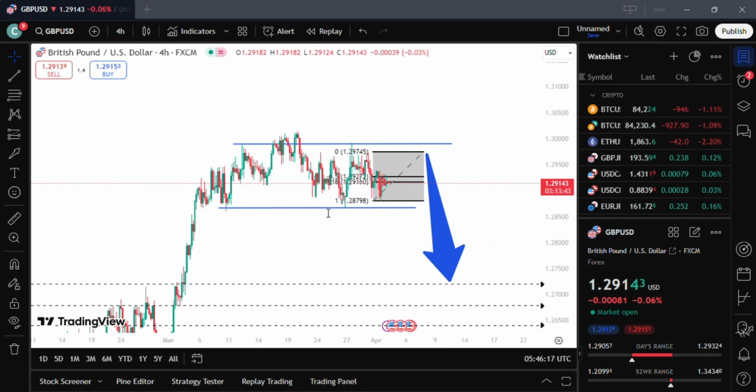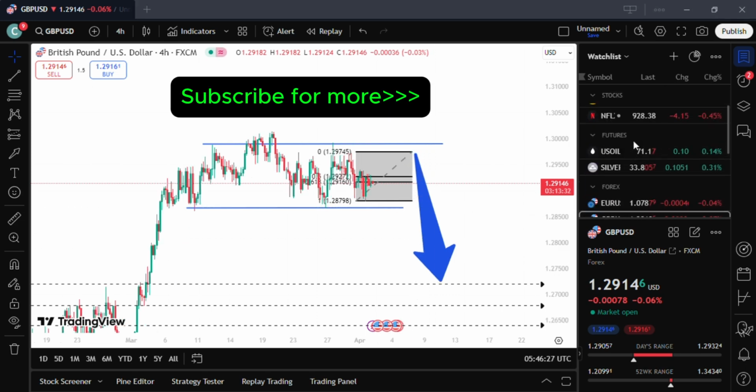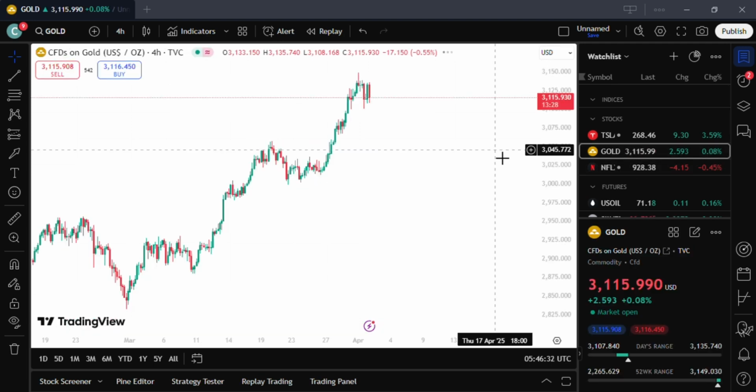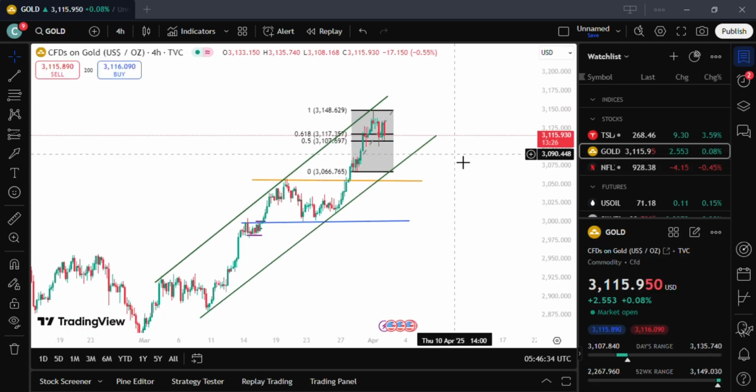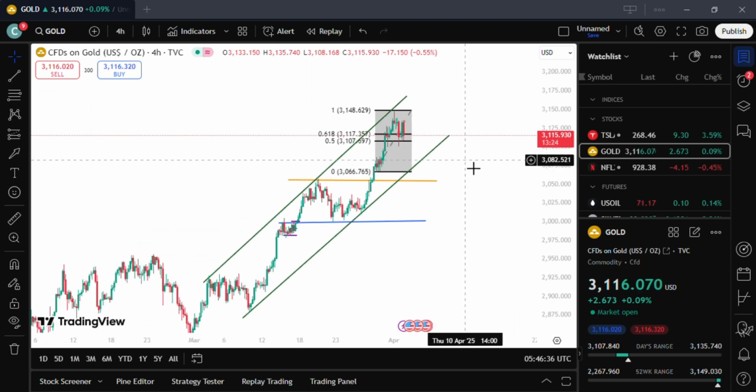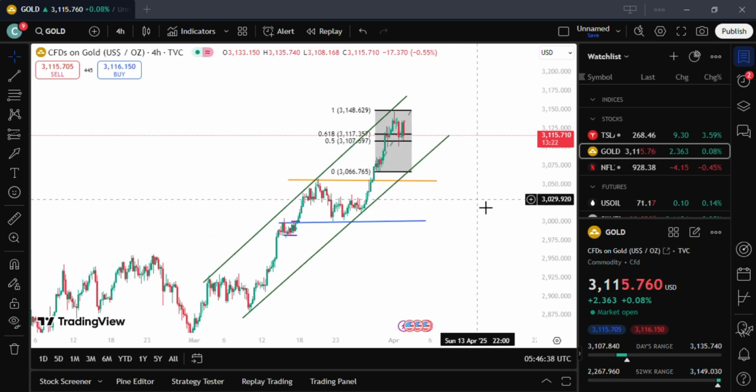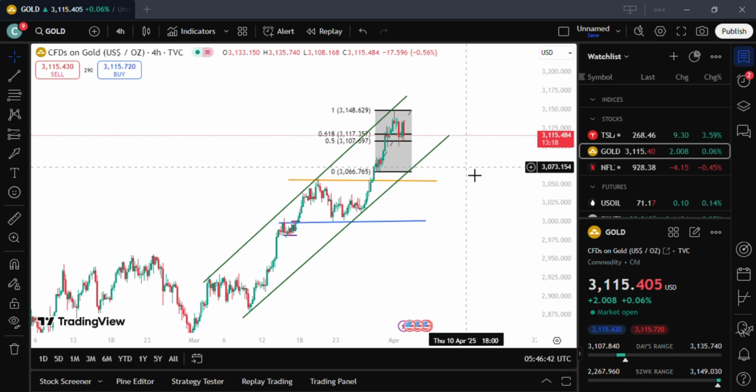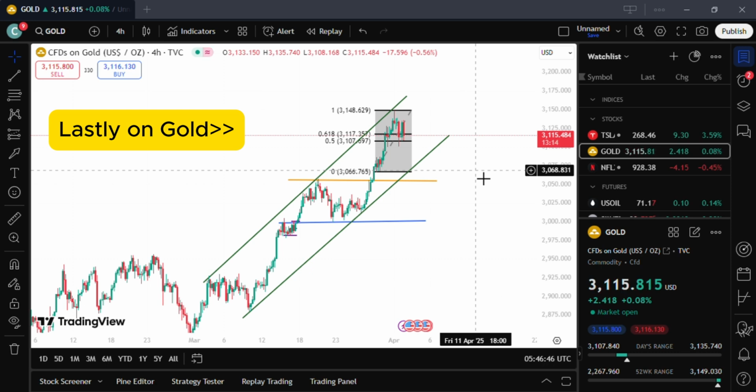Let me see. So with all said and done, we could probably just focus on those 3 trades and see how it goes. For gold traders, kindly know that this is an upward trend, and don't expect gold to be selling for now. You could enter small positions and get out, get in, get out.